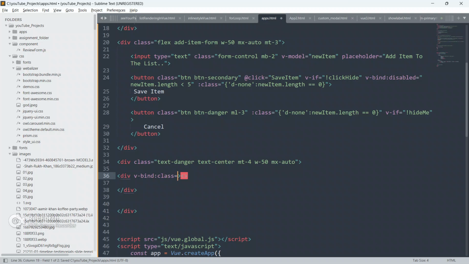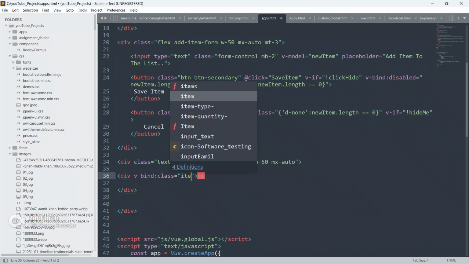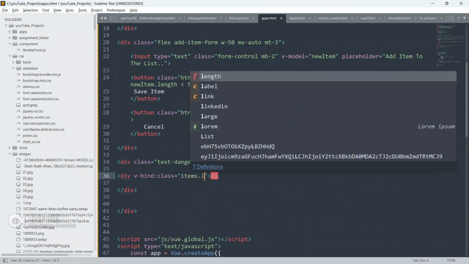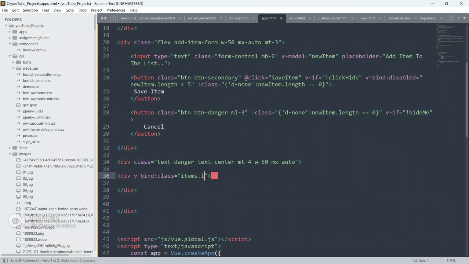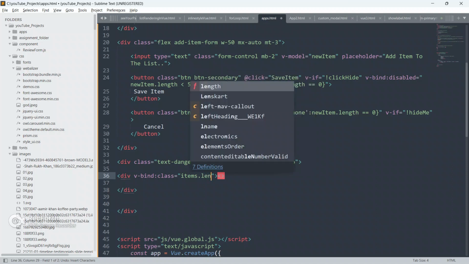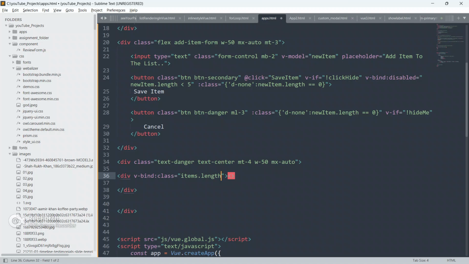As you all know the colon is used for shorthand only, so we can write v-bind:class equal to double quotes, and I'm going to put items or items.length. If items.length is equal to 0, we are going to use the ternary operator here.